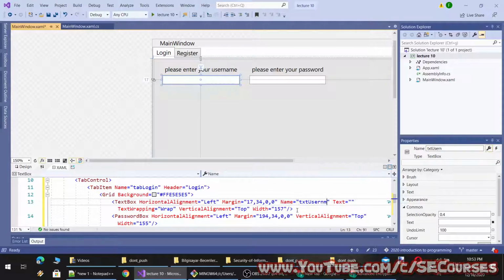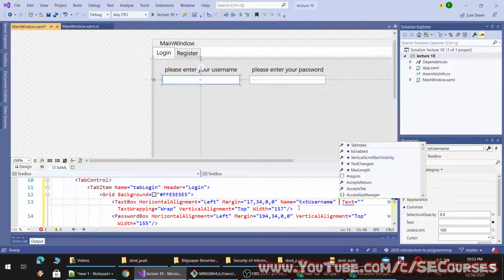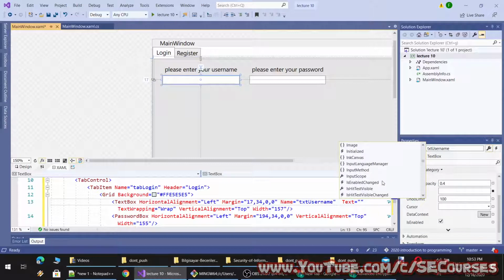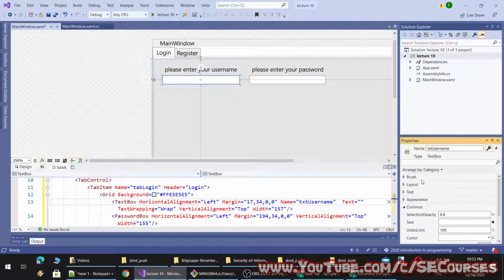Okay, we will allow only usernames with a minimum of 3 characters. Therefore, I am going to set min length. There should be a min character property, but I am not sure.